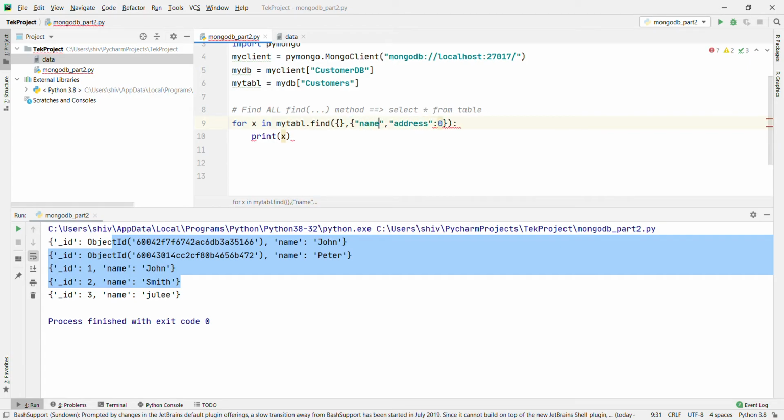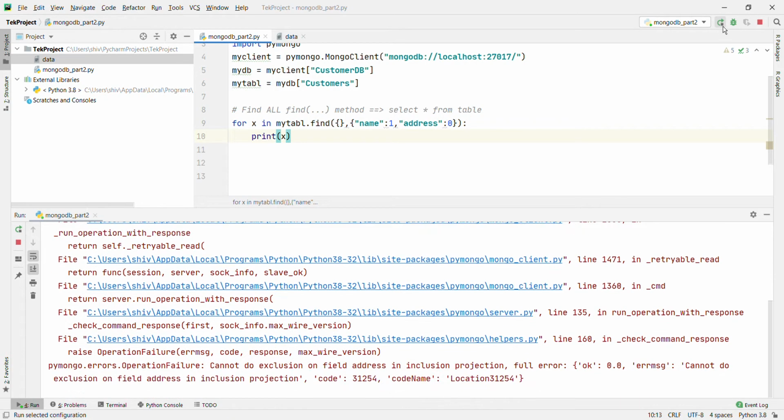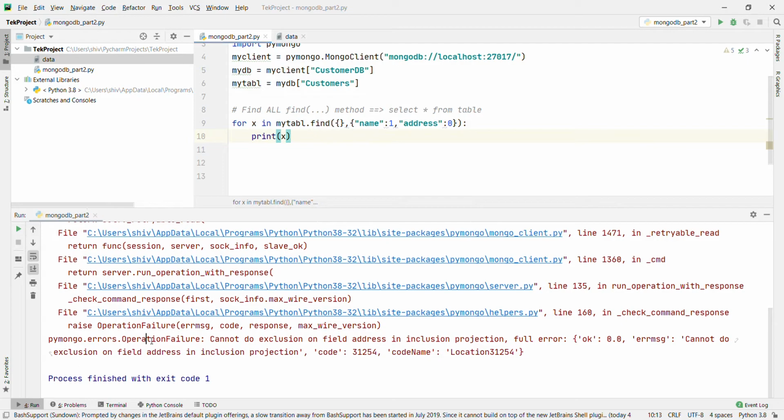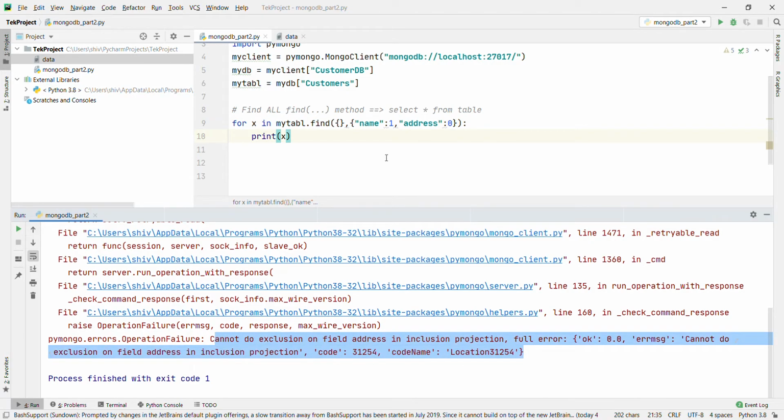It will give you an error. It says the operation cannot exclude the field address in an inclusion projection. The reason is that you specified name and address in the same object, and you will get an error if you specify both 0 and 1 in the same object. Same object means in the same table, customers. This is clear now.